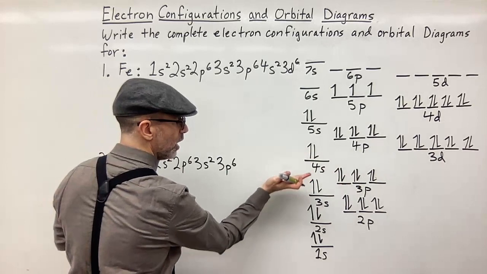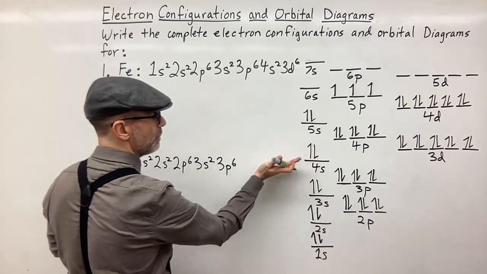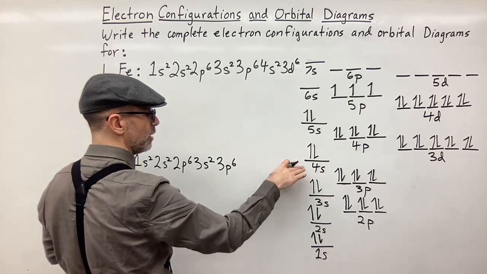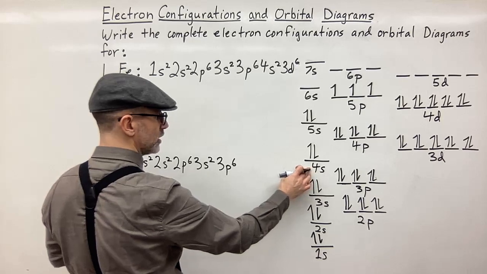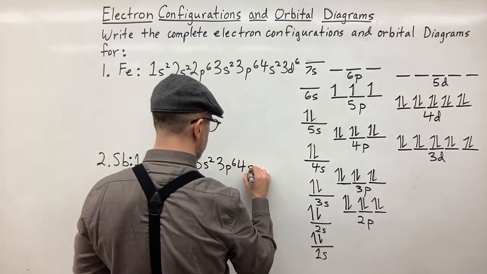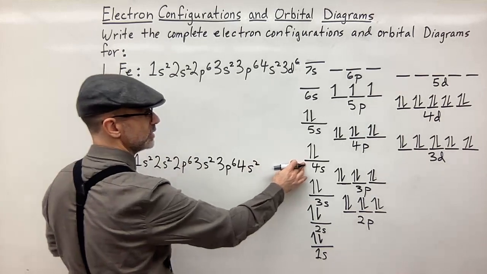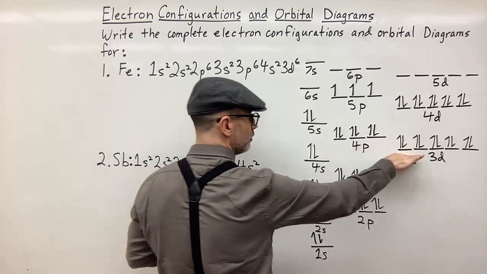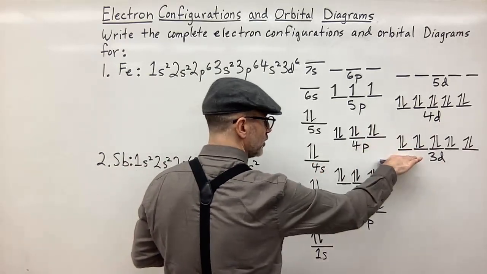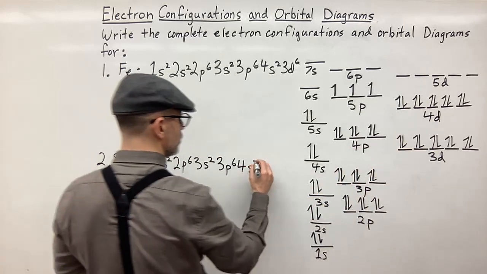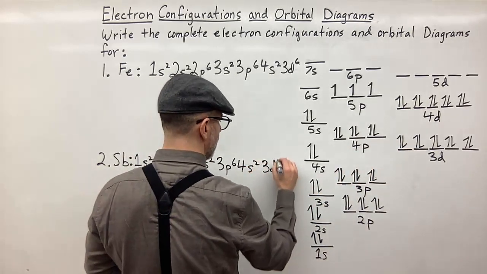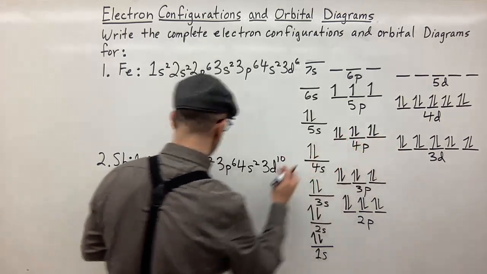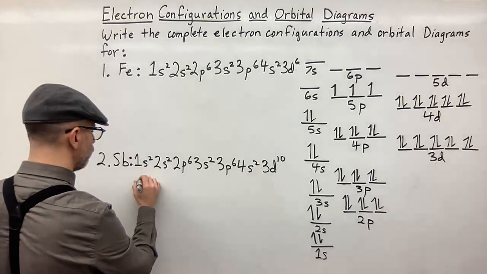Remember, I'm going from one energy level to the next. I'm not going to any higher energy level until I fill up the energy level that I'm on. So this sublevel needs to be filled. So that's going to be 4s with 2 electrons, 4s2. Next, not the 4p, but 3d is next. So the next lowest level, I should say, is the 3d. So that's going to be 3d, and that has 10 electrons in it. Next is the 4p with 6 electrons. So I'm going to move down here. So that's going to be 4p,